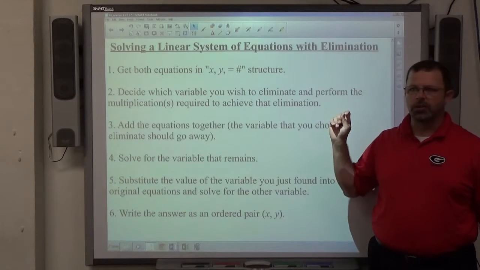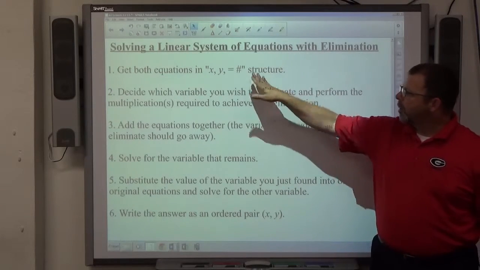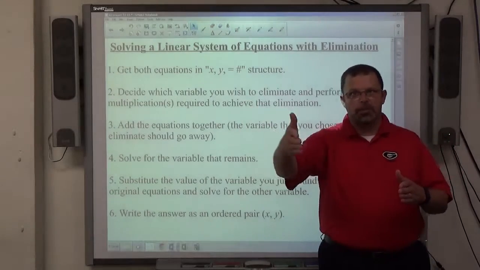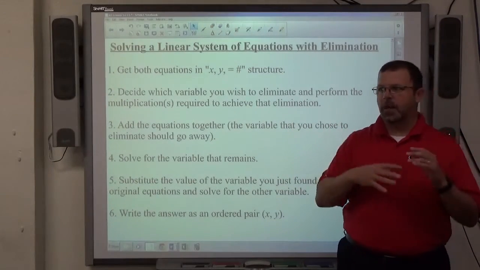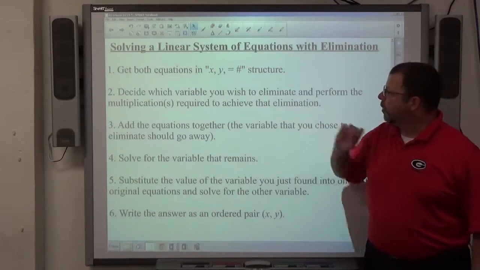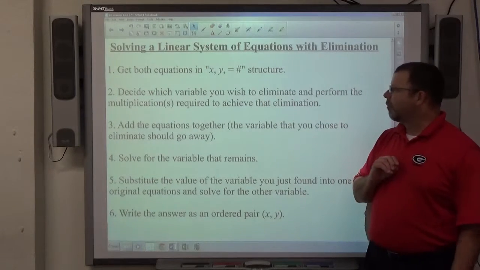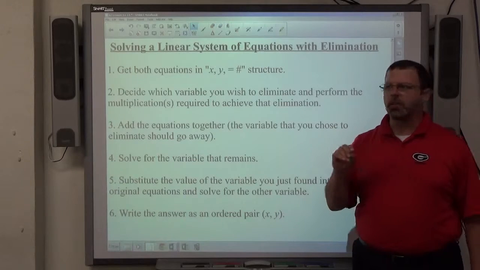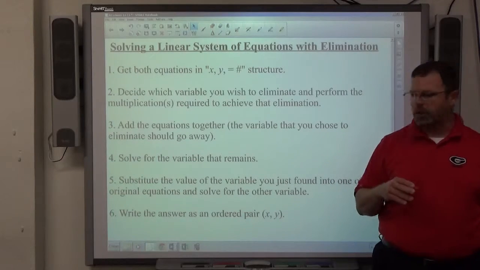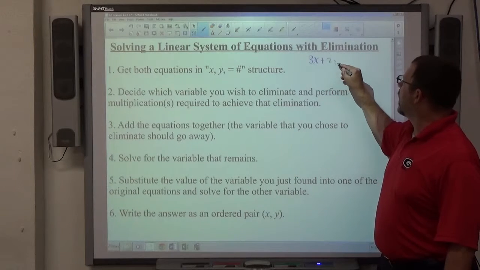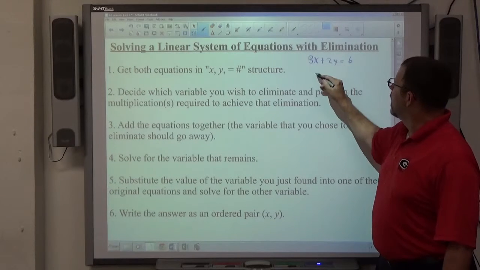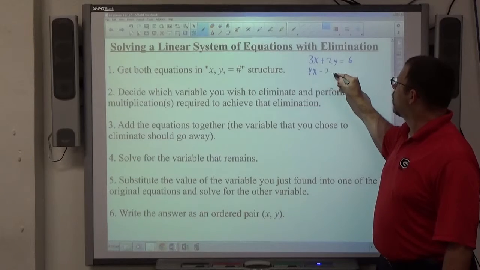I'm going to print this out for you so don't worry about copying it down. Xy equals number structure. That means like 3x plus 4y equals 2, 5x minus 7y equals 17. That type of structure. Decide which variable you wish to eliminate and perform multiplication required to make the elimination work. Okay, for elimination to work, if I have 3x plus 2y equals 6, and 4x minus 2y equals